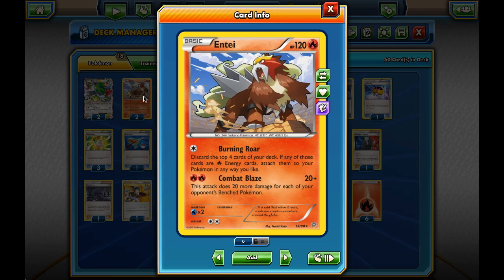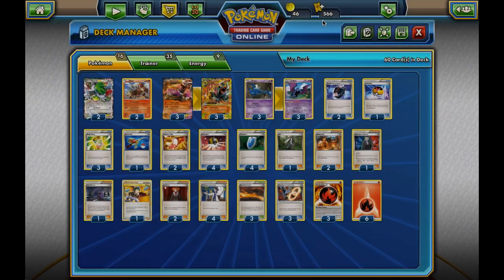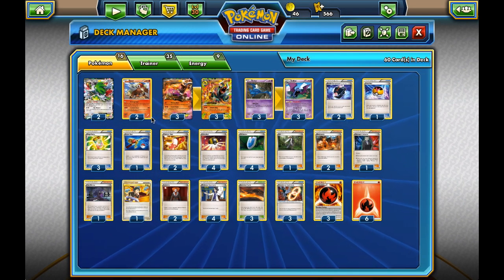Entei is an alternative attacker that's a non-EX. Combat Blaze does a lot of damage if the opponent fills up their bench, and they usually are filling up their bench. And Burning Roar is actually pretty decent, because it discards the top 4 cards of our deck, and if any of those cards are Fire Energy, you attach them to your Pokemon any way you like. We're not going to be hitting energy that often, because we're only playing 6 basic,